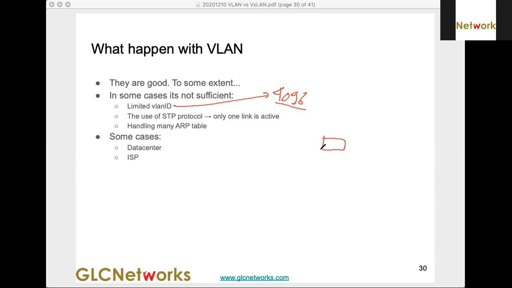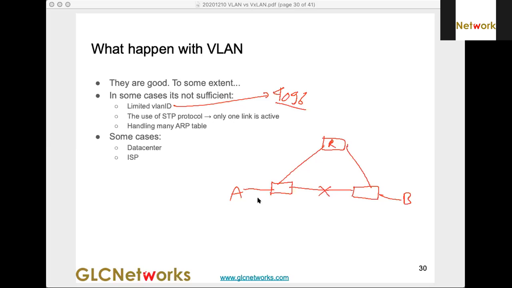For example, if you have 3 switches like this, and you want to go from A to B, and you're setting up the spanning tree protocol, only one path is active at one time. For example, this is the root bridge, and of course this link will be off to avoid the looping.